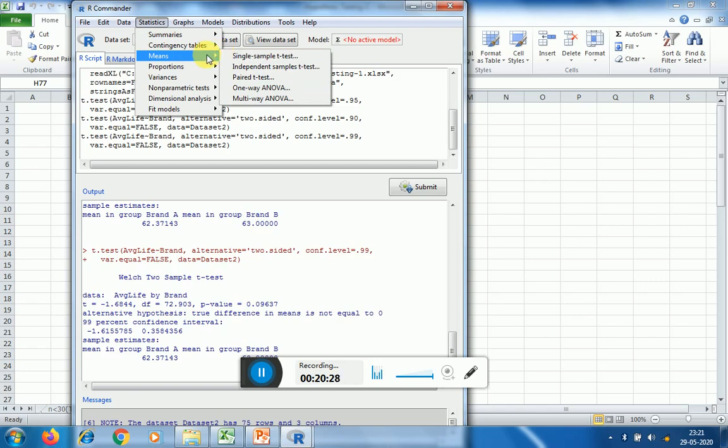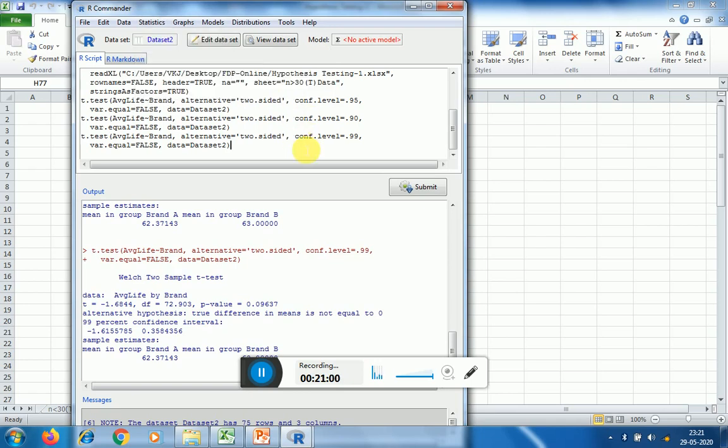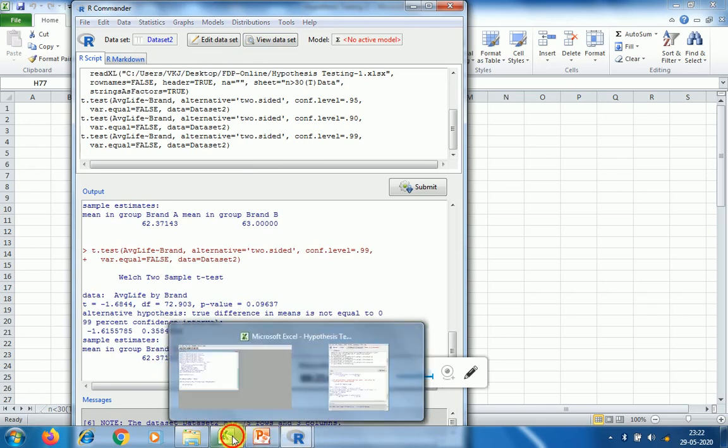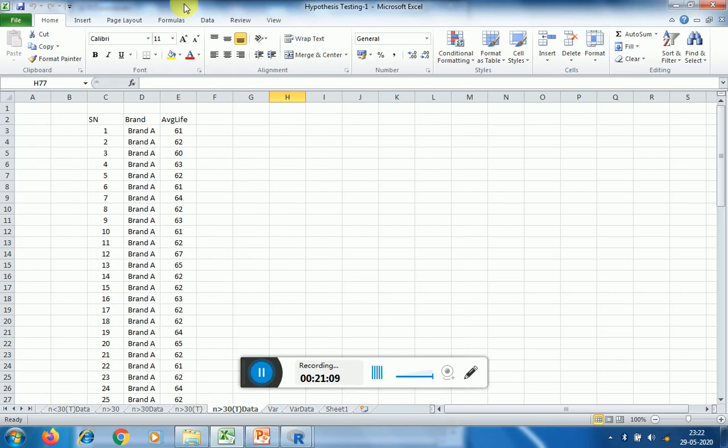Now, as I said in part 1, the beauty of this software is that whenever you click on the options, it will highlight all such options which you can use for your analysis. It is not necessary that all the options given here may be useful for you, but all the possibilities that you can perform will be automatically highlighted by this software. So this is one of the advantages of this software. Now again, this is for the last sample, 2 sample.